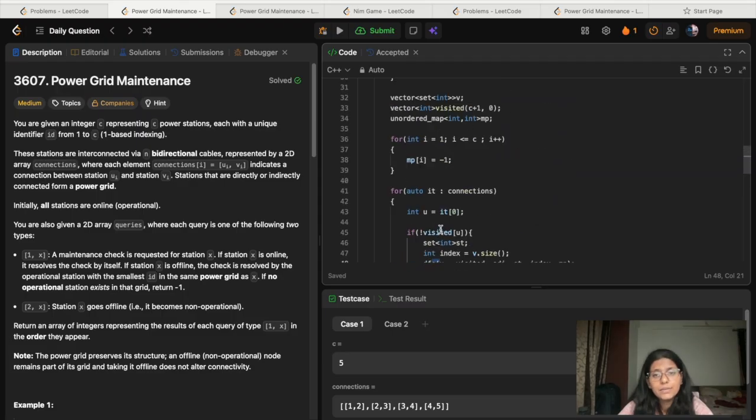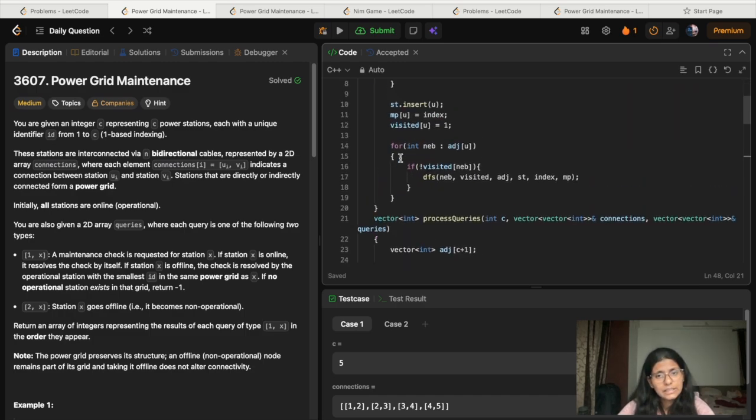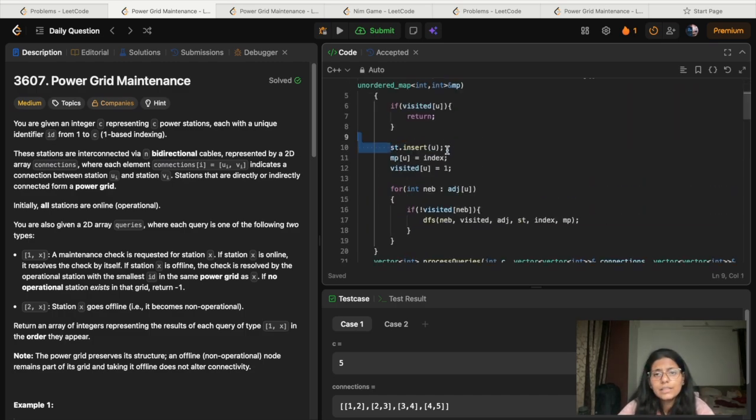In the DFS traversal, what I'm doing is: if the node is visited then return, otherwise push it in the set, and map of that node is equals to index. It means map the node to the index, that is, map the set index.